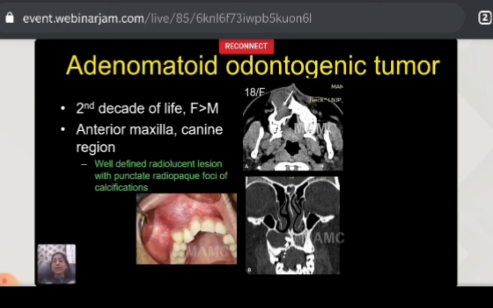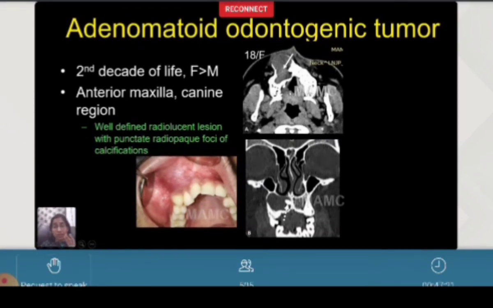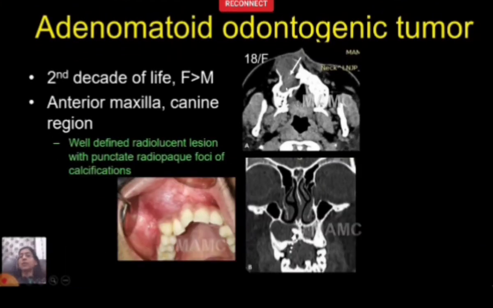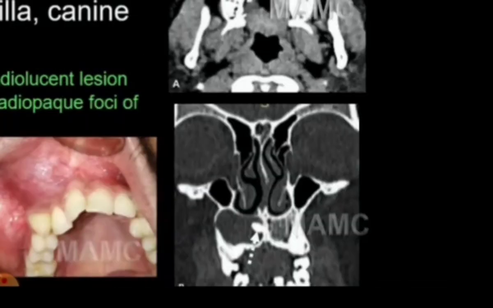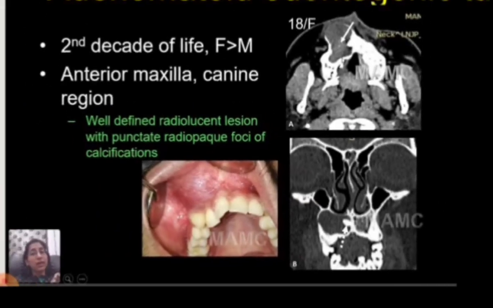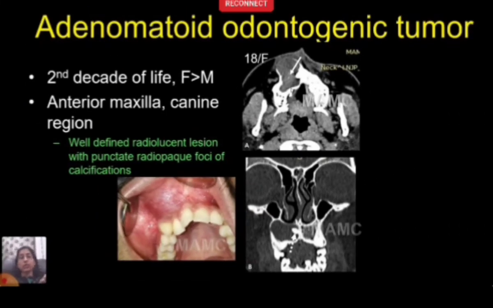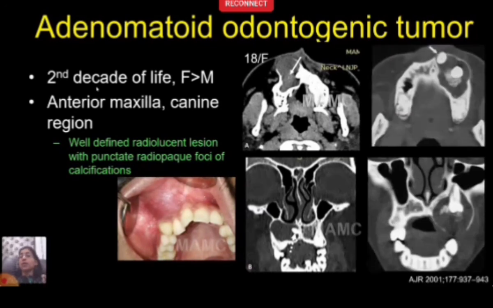What, in addition, goes against the diagnosis of a dentigerous cyst? This punctate foci of calcification. Now here they are very subtle, so I would grant a diagnosis of dentigerous cyst also here. We would have to write that down in our differential. But these subtle foci of calcification tilt the diagnosis towards an AOT rather than a dentigerous cyst. It is also a lesion of girls in their second decade of life. That's the most common age group.